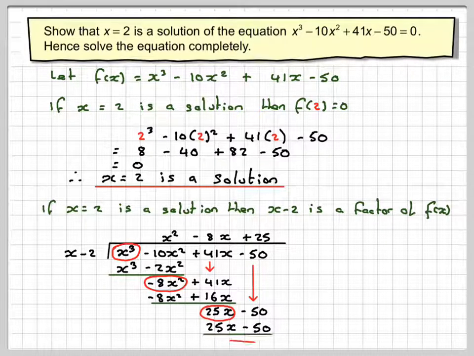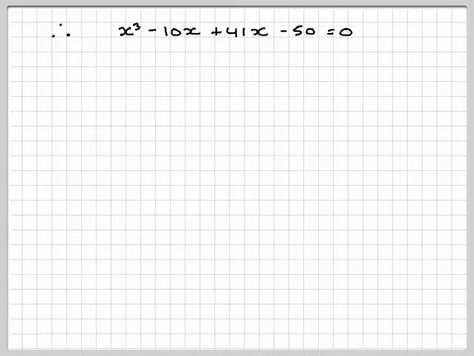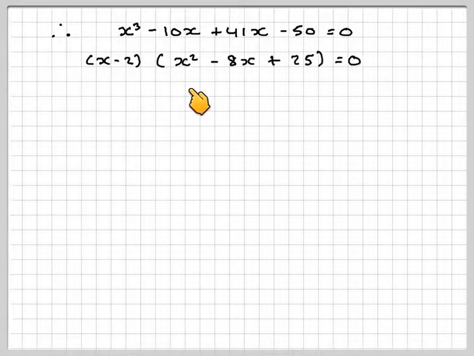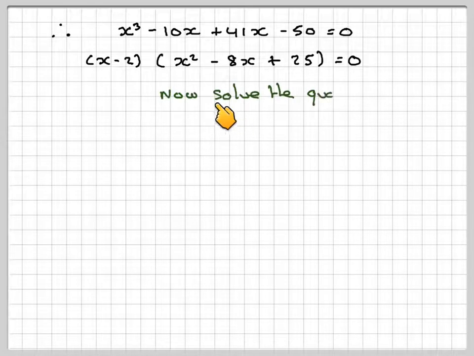And now when we do the subtraction, we get nothing left, which is what we expect here, because we knew that x minus 2 is a factor of this. So when we put x equals 2, we got 0. So we can say that x cubed minus 10x squared plus 41x minus 50 equals 0 is the same as x minus 2 times x squared minus 8x plus 25 equals 0. This is what we found out. So what we've got to do is to solve this